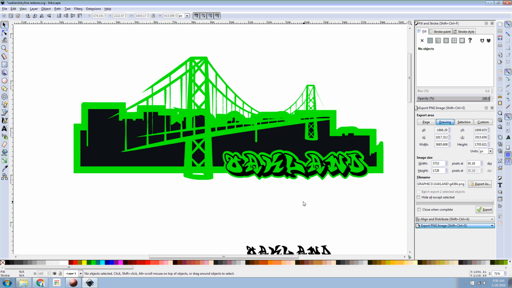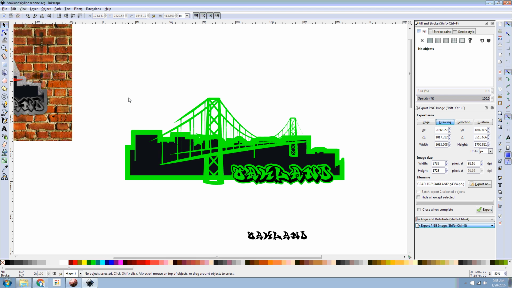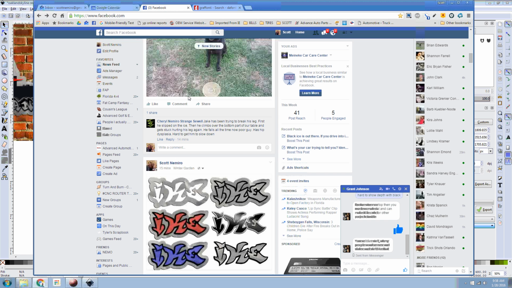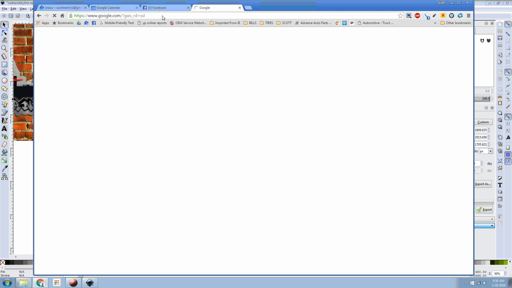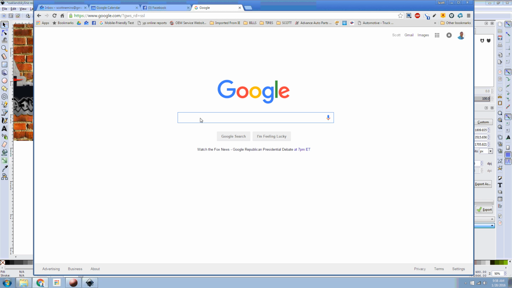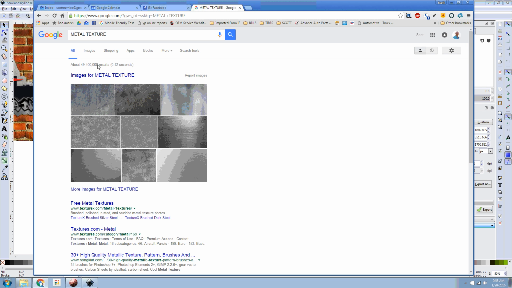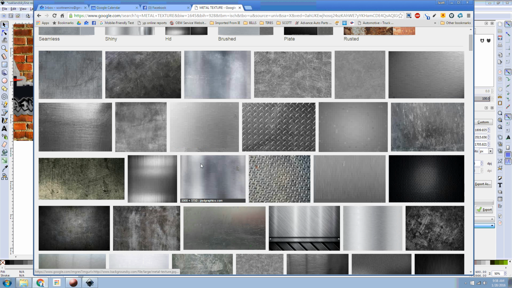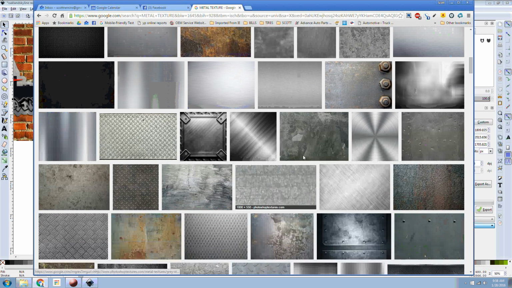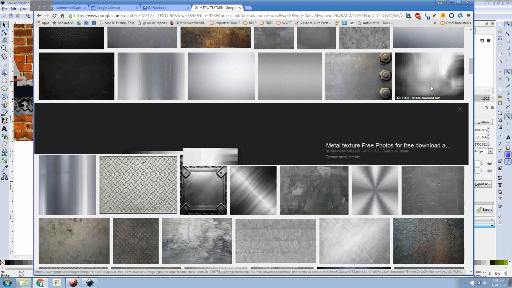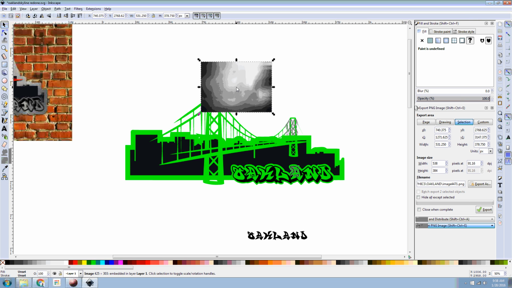All right. Now, we want to make this a silver color, so we're going to find some kind of a texture on Google. I have them saved, but I'll show you how we do it. Let's do metal texture. Find one that you like. It could be any of these. I like to use that one, but for this, we're going to go ahead and use this right here just to see what it looks like. So we're going to copy this,